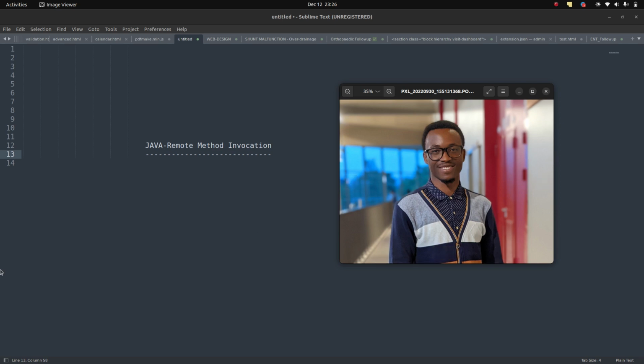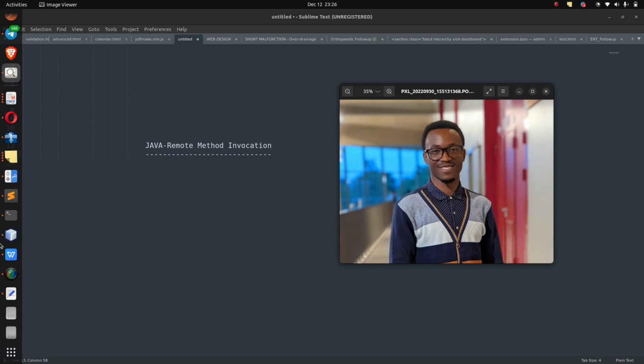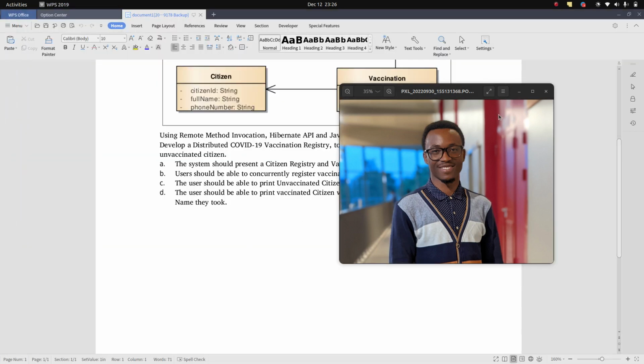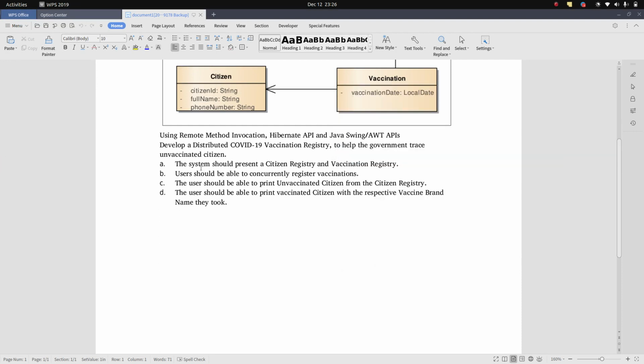I hope everything will be well, right? I might add something greater, but it will be as quick as we can. So the thing is, we're done with just the system registry. Users are able to save the citizen vaccination. So then for items C and D, we're going to make sure we're able to print and vaccinate citizens